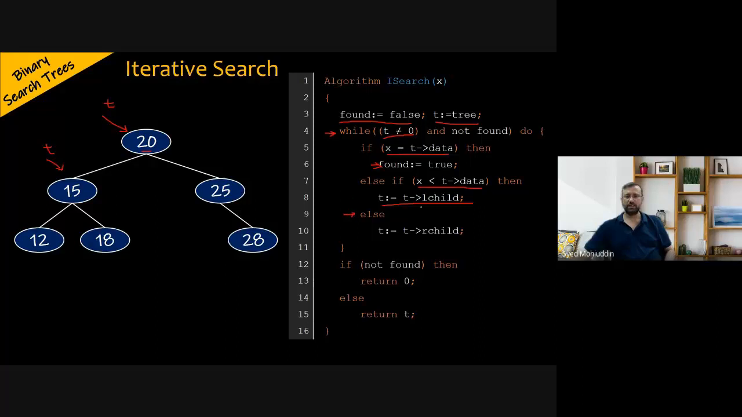Else, that means the key is greater than the element in the node, so we move T to the right subtree or the right child. So this while loop will continue until we find the element or T becomes null. When T becomes null, the while loop terminates, and we say if it is not found, we return 0, else